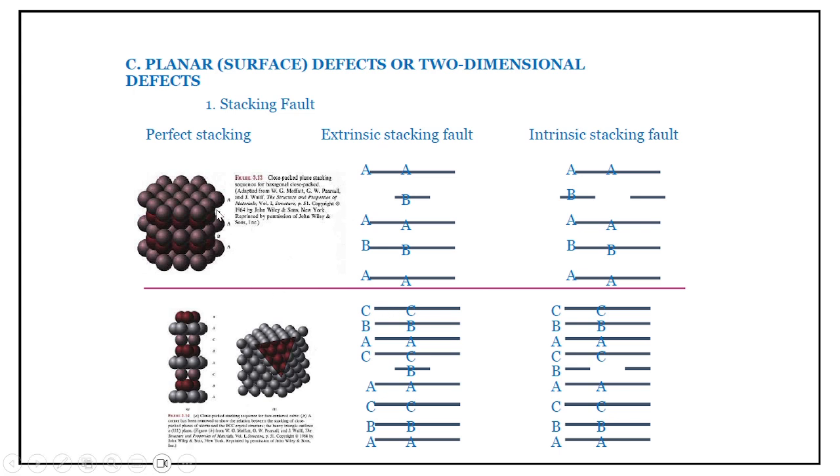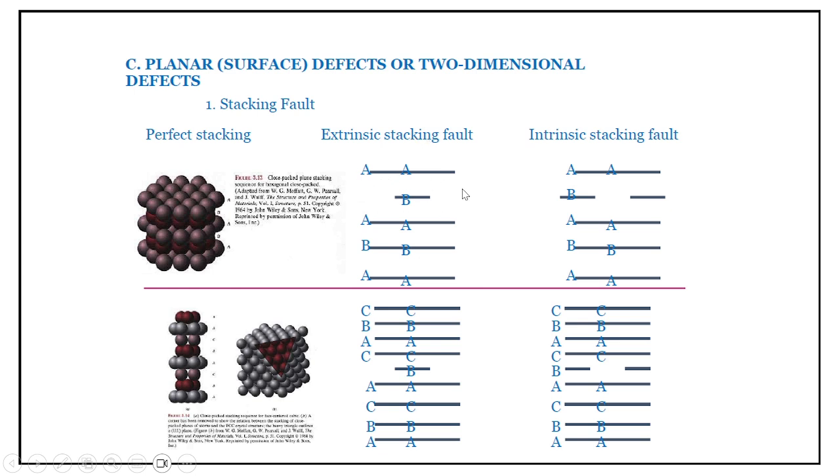You can see this is the stacking, the stacking of the atoms one over the other. You can see how the stacking fault can be further divided into perfect stacking, extrinsic stacking, and intrinsic stacking. You can see this layer of A atoms followed by a B layer, followed by an A layer, B layer, A layer. Like this, the atoms will be stacked. In an alloy, for example, solute atom, solvent atom, solute atom, solvent atom, like this. So if it is an extrinsic stacking fault, you can see in the B layer